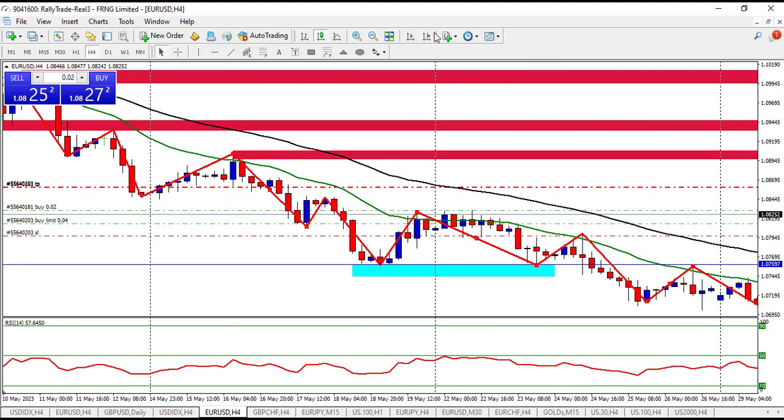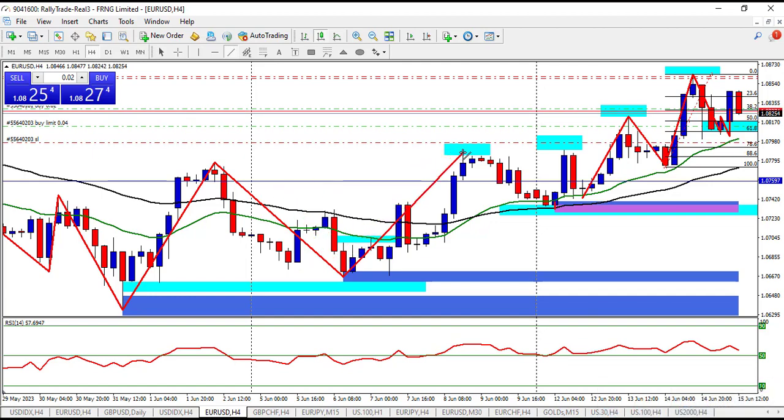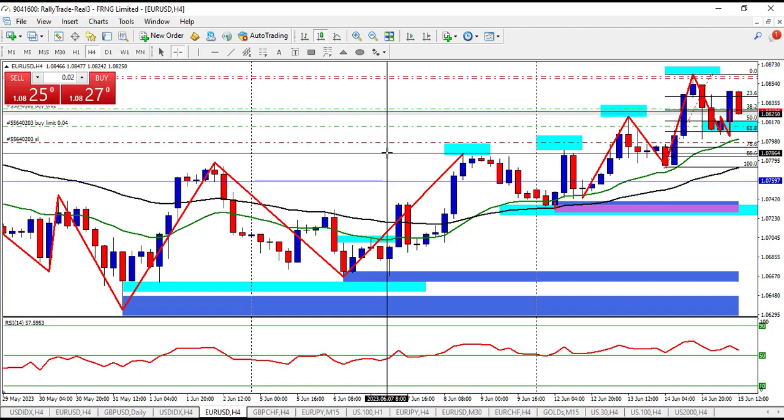Let me zoom in. So let's see what will happen next. Then from here, see what happened. It now gave us this high. Let me show you something that will interest you. This high, is it not above this high? It is. Fine. It means we have started going up. By giving us this high, just imagine, which day is this? 9th of June. Just imagine, and I see all of these boxes from the analysis I did previously this morning.